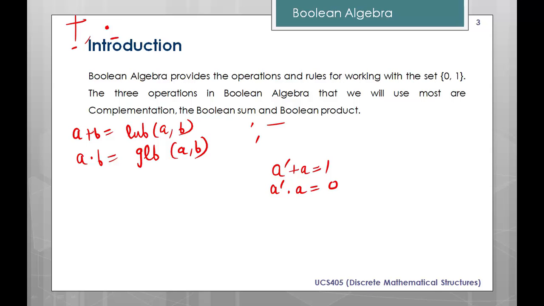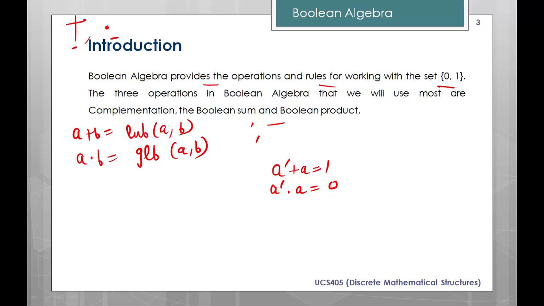The fact that complement exists is due to the definition of Boolean algebra, where we say that it is a complemented lattice. A complemented lattice means that any element has a complement, and complement means that when you take the disjunction or sum of that element, then you have the greatest element. When you take the conjunction or product, then you have the least element. Now, till now, we can conclude that Boolean algebra is a lattice.